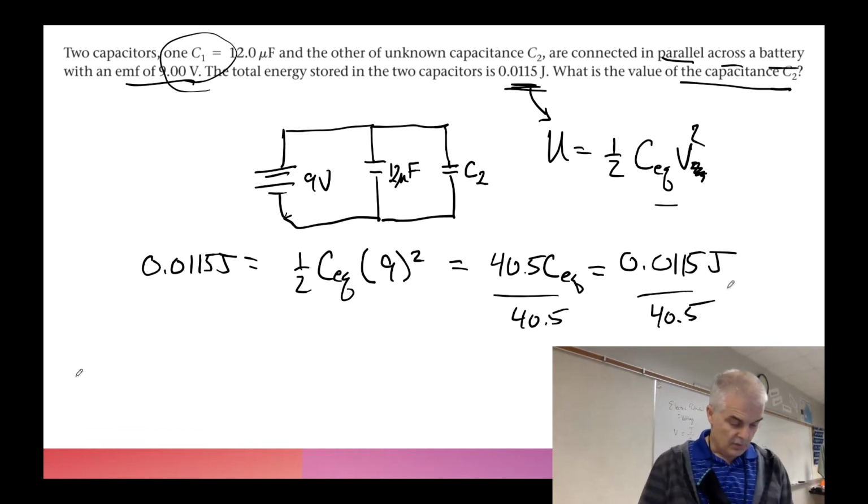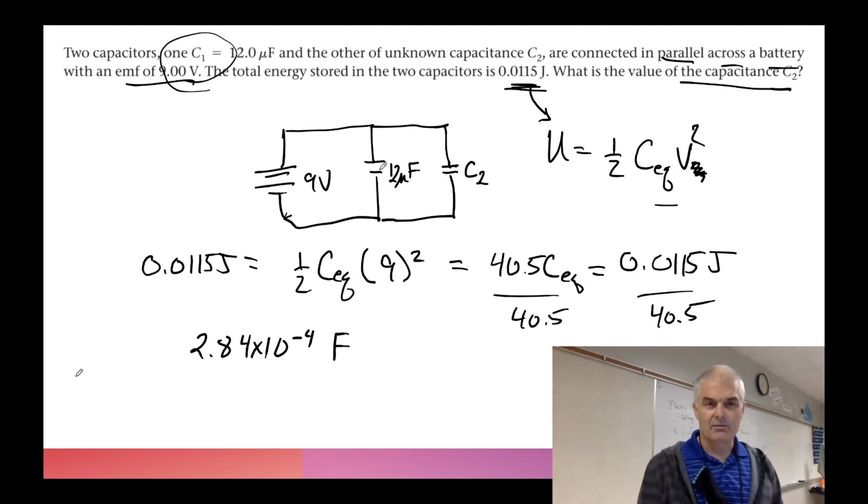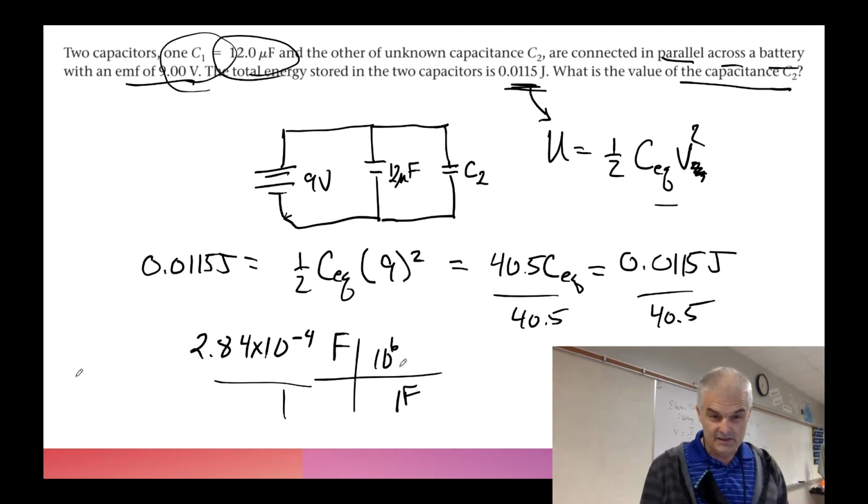So 0.0115 divided by 40.5 gives me 2.84 times 10 to the minus 4th Farads. Now, as you recall, we like to sometimes do things in microfarads. If you want to go from Farads to microfarads, you multiply by 1,000,000, right? 1 Farad is 10 to the 6th microfarads. So I'm just going to take my number and multiply it by 1e6,